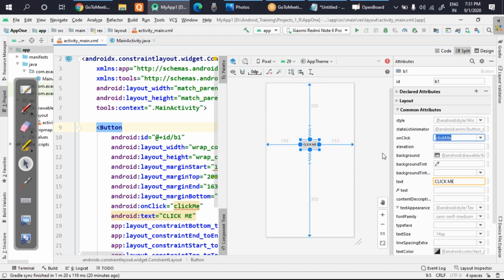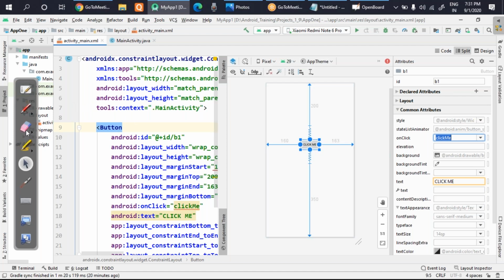Okay, so in the back end, if this function is not present, you will get an error also, and you will not be able to execute your program. So keep in mind, when I'm clicking this button and writing a function name here, you have to create that function, and whatever you write in that function will be executed. So with this, I'm finalizing that I have created my front end design, and I'm now switching to the backend code. In the backend code, I have to create one function that is clickMe, that you have to keep in mind.